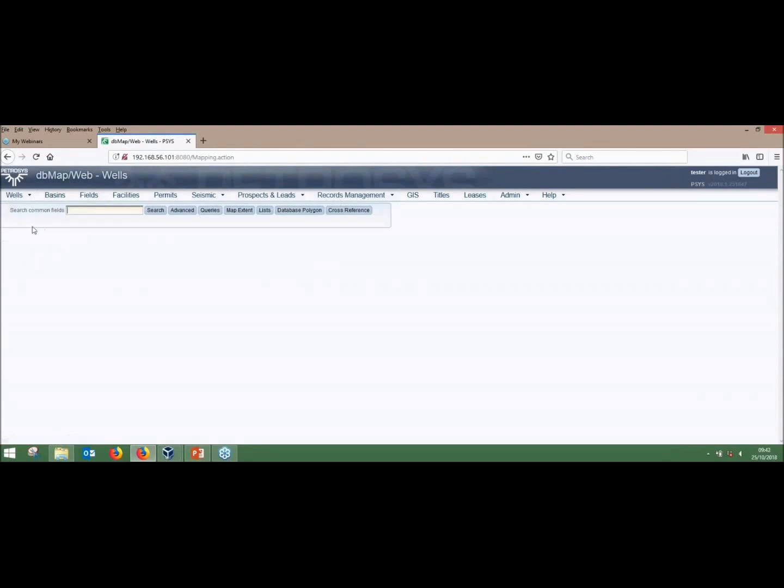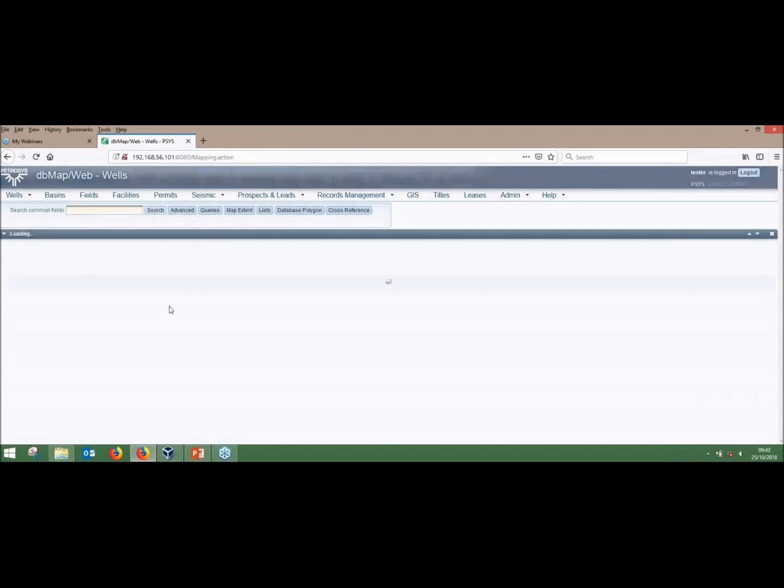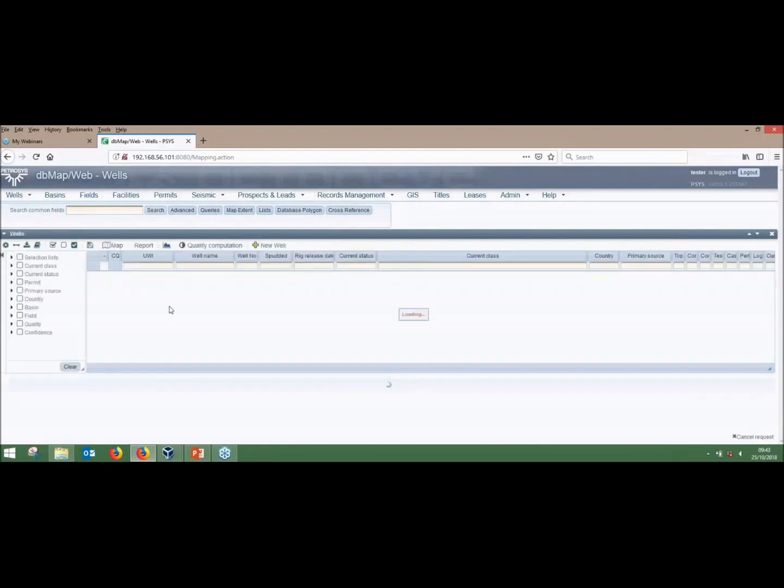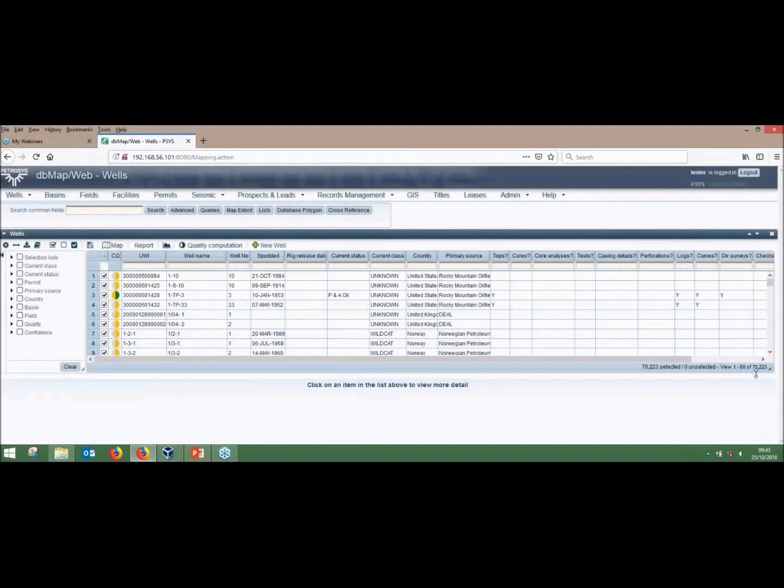And in wells, each of the opening menus requires you to search first of all for data. So we could just hit search and I'll let this run, and it will look for all of the data that is available in the system. So it will just take a second or two, and it will build up a list for me of all of the data. And we can see down here on the right, I've got 70,000 wells that it's brought back. These wells are a combination of data from around the world, which is public data that we have acquired and